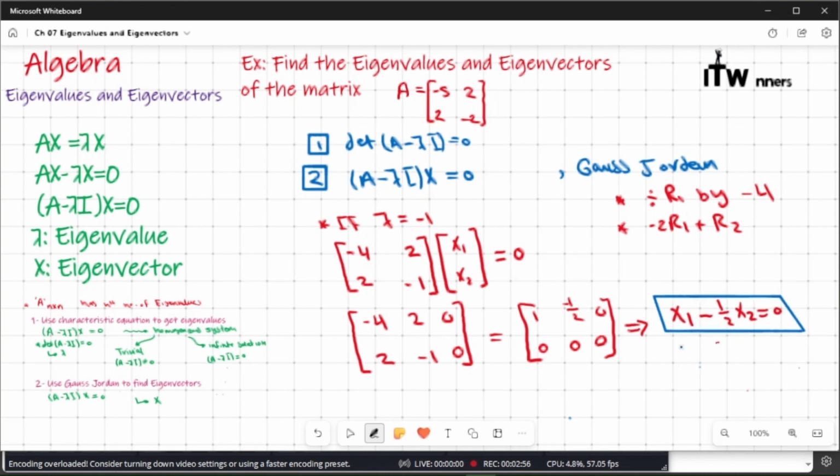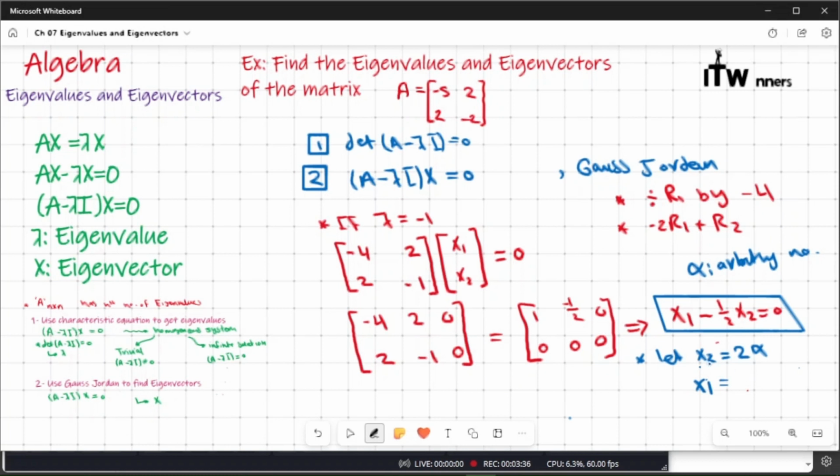Okay, so we can let x2 equal to 2 alpha, and alpha here is an arbitrary number. Okay, so then x1 will be equal to